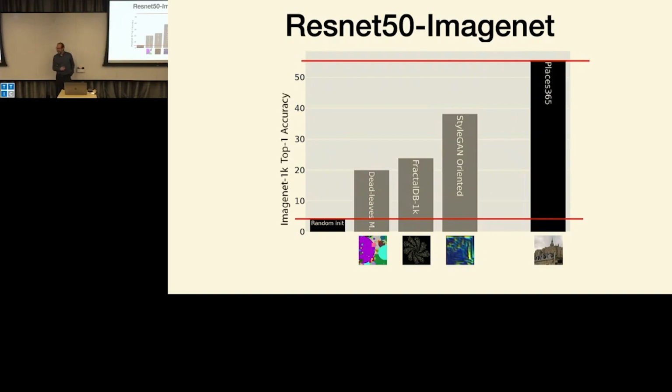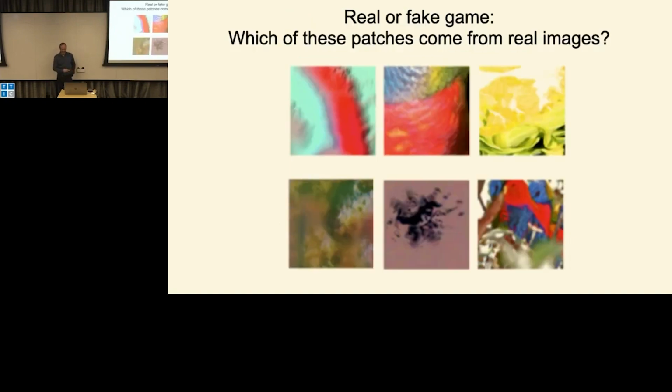Okay, so what else can we do? What is missing there? The first thing is, why is this model working? Actually, if you take patches of these images, they look like patches of things that come from the real world. So here is a mixture of patches that we synthesize versus patches that come from actual images. If you have to guess which ones are fake and which ones are real, well, you can do it, but it's not super easy.